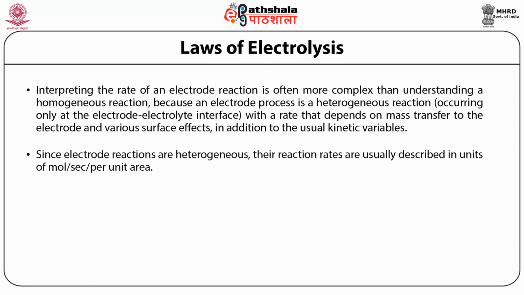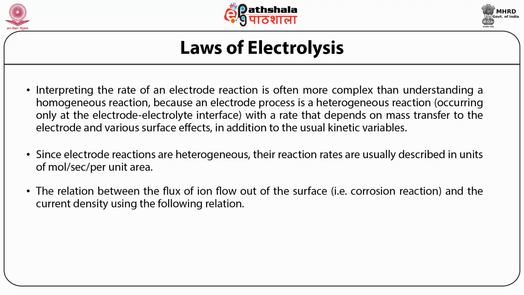Since electrode reactions are heterogeneous, their reaction rates are usually described in units of moles per second per unit area. So the relation between the flux of ions flowing out of the surface, that is the corrosion reaction, and